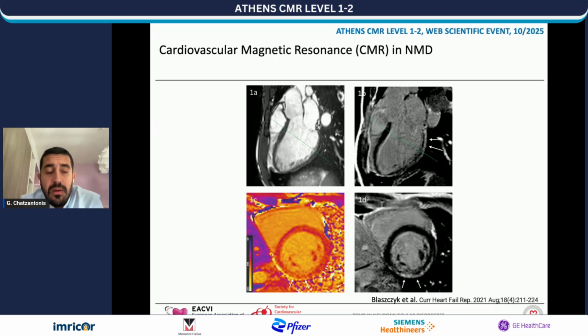From the same paper, this is a Becker patient, also with typical late enhancement in the basal inferolateral wall, subepicardium, and one can see it also in T1 mapping and assess the whole myocardium and have a measurement in order to see if the patient gets a therapy and have a follow-up to have a quantitative assessment if this treatment really helps or not.